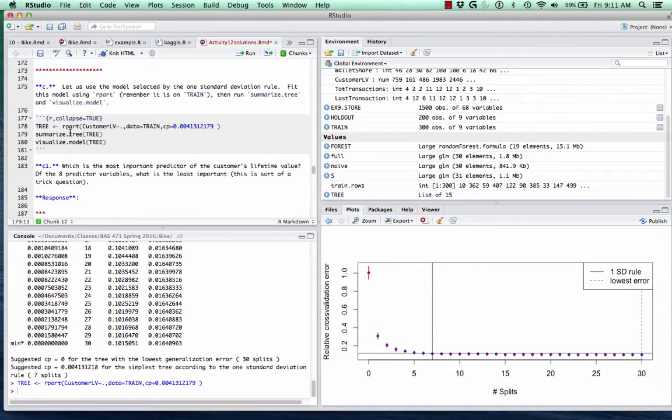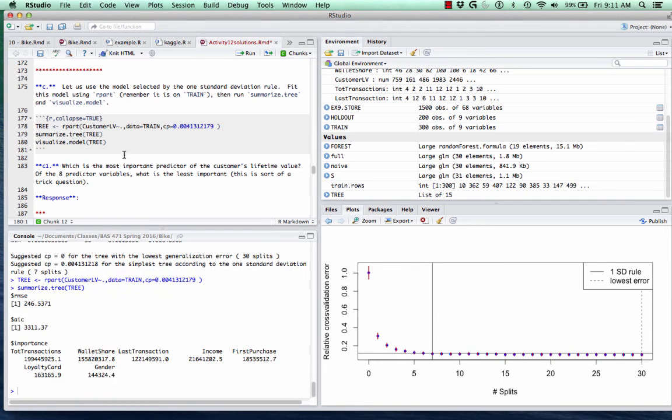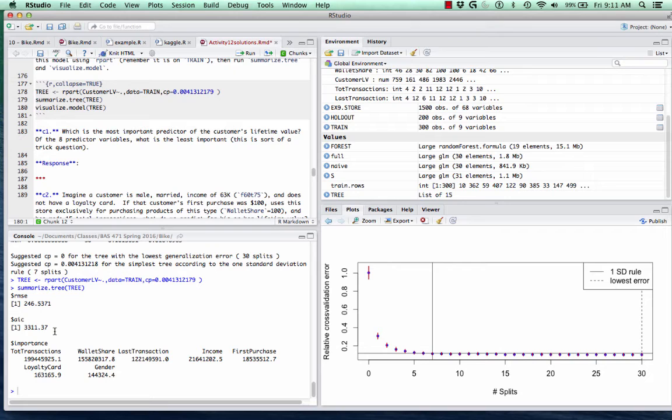And we'll talk about some of the results. So we'll start out with summarizing the tree, which is the most important predictor of the customer's lifetime value. Looking at the variable importances, the numbers themselves don't mean anything specifically, but comparing the numbers helps us pick out which is the most important. And it looks like tote transactions is the one at the top of the list here, with a larger value